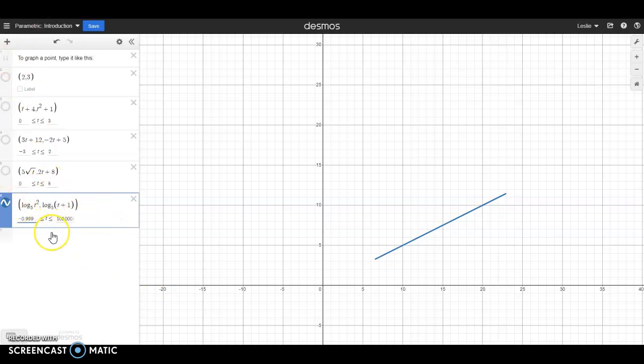Anyway, that's all you need to know to be able to do graphs of parametric equations using Desmos. Now, this is going to become a very valuable skill in the near future to you. So while you don't have to use Desmos, you are more than welcome to use Desmos to see what your graphs look like. If I ask you to graph parametric equations by hand, then you will need to demonstrate that